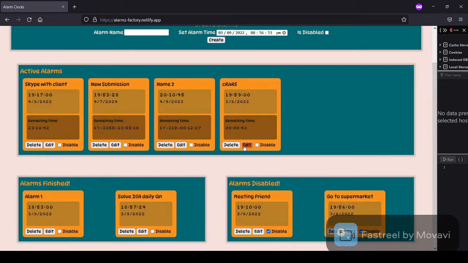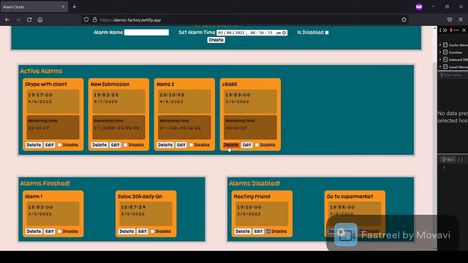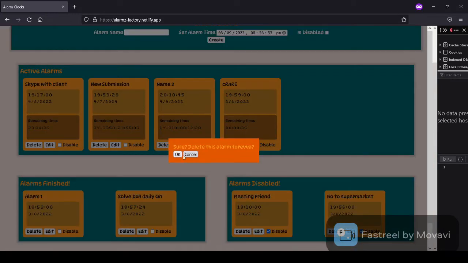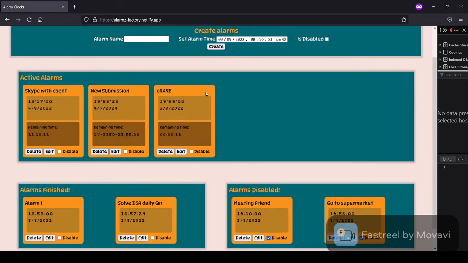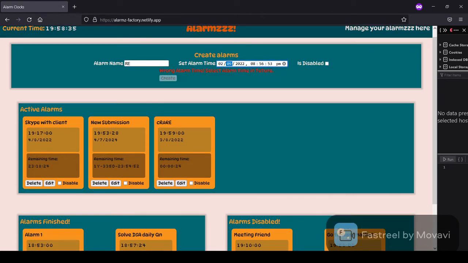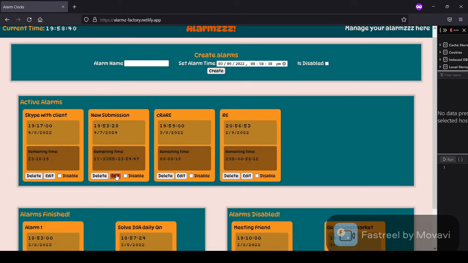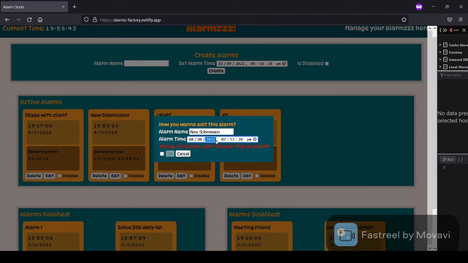You can also edit an alarm, let's say this one. You can choose to update the time or the name, or you can choose to completely delete this alarm. So let's say I choose to delete this. You can create an alarm here with the name and the time. Notice that the creation also has a validation: if you choose any date in the past, it will not allow you to create one. Similarly with edit,